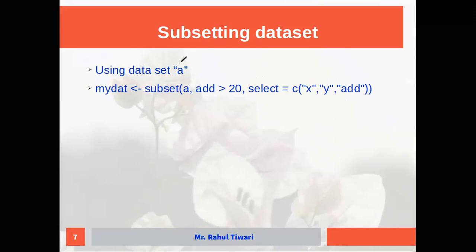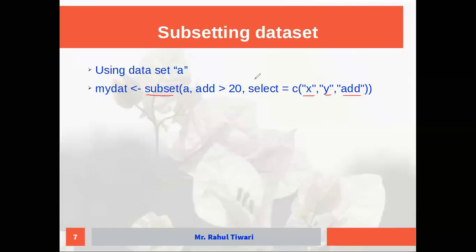I have data set A, and in this data set I am doing subsetting. Subsetting means I have to write the command for subsetting, and if this variable is greater than 20, or you can add any condition, equal to 20 or less than 20, whatever command you want to write. Then in this data set I want only these three variables.